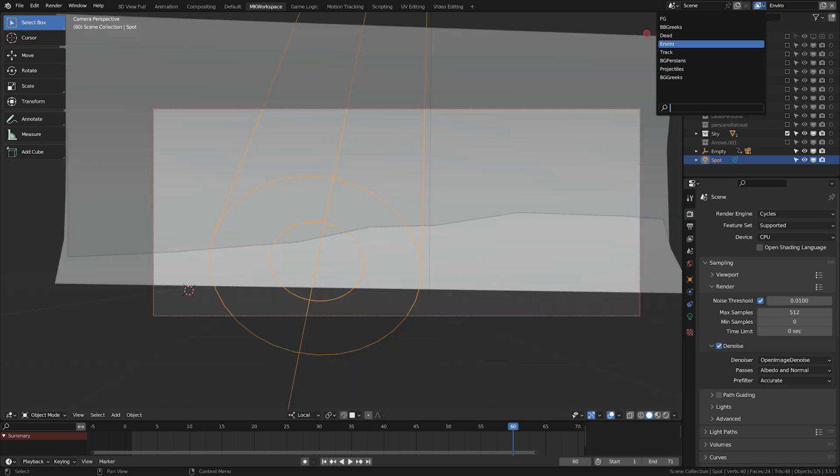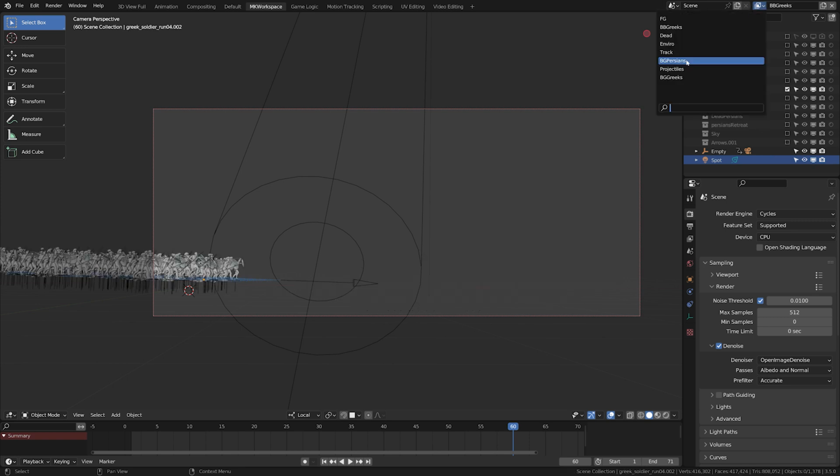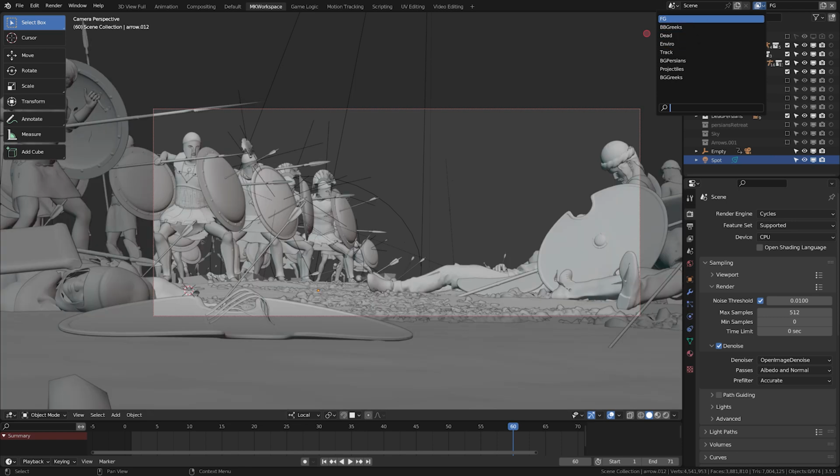So I had the far background with the mountain and the sky, then some background running soldiers, and a background layer of battling Greeks and retreating Persians. And then there was the heaviest layer, the foreground, with everything placed on the ground plane, including the main heroes, the Greek phalanx, and the Persian battle line with the dead soldiers on the ground.